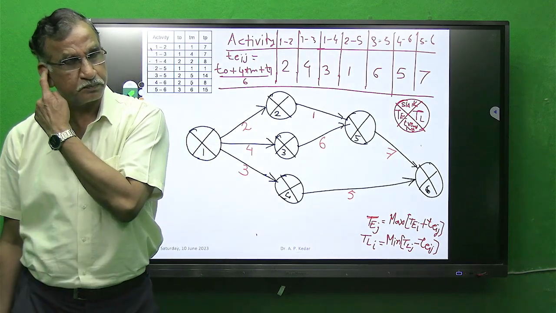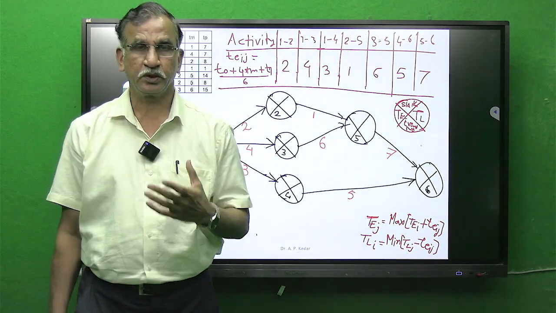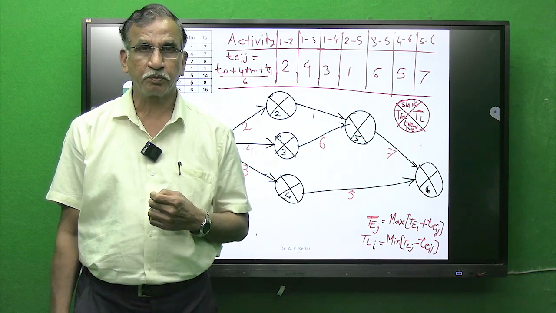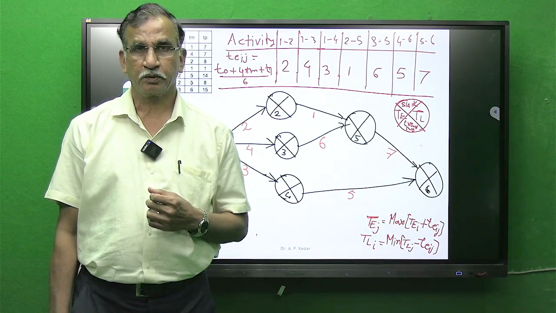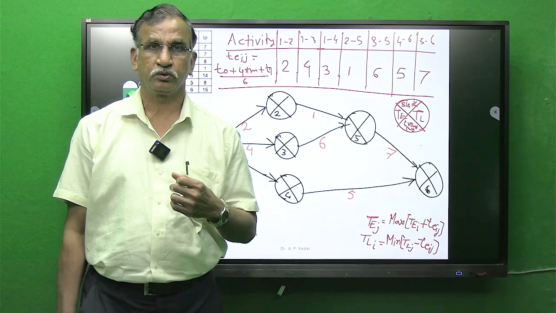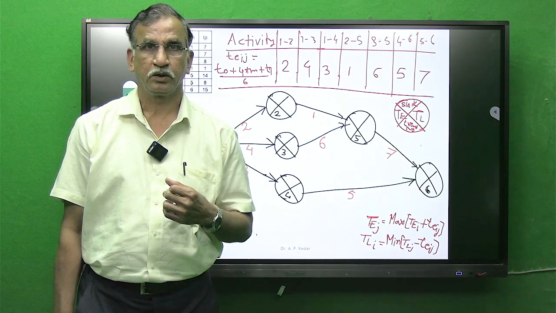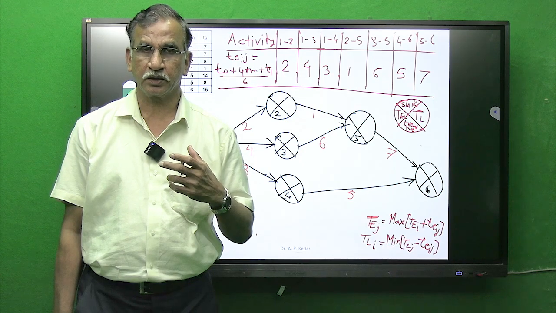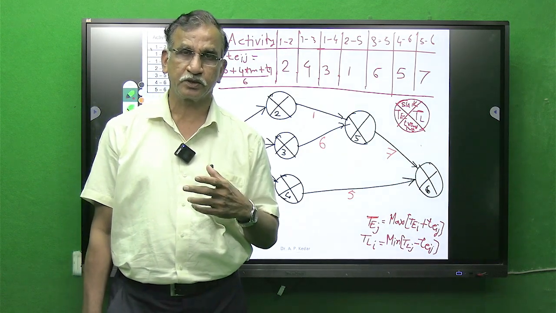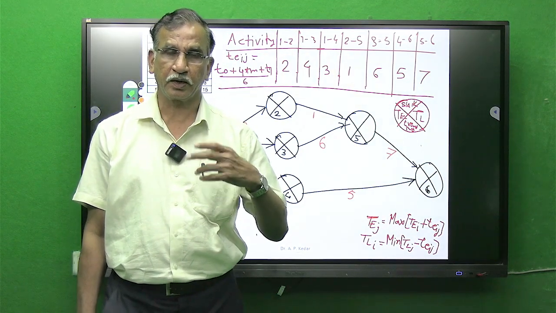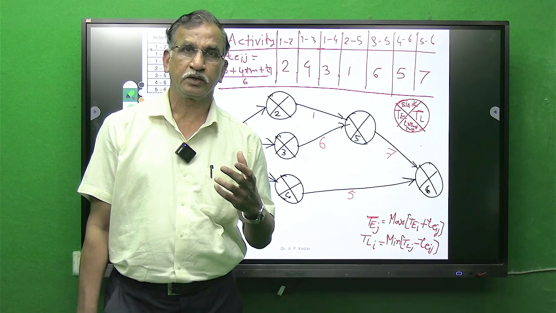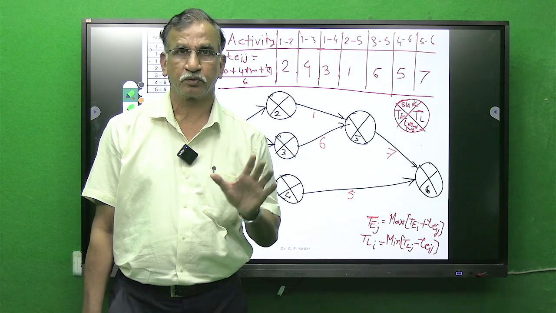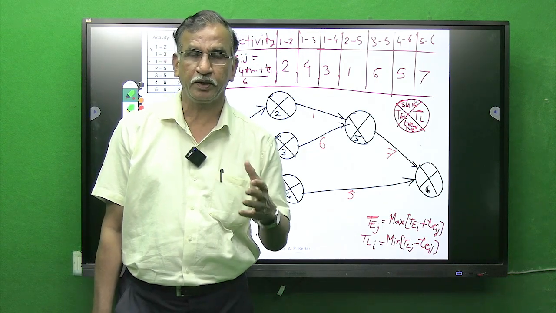In the last lecture we have seen the calculations involved in the PERT problem. In that problem we have also seen what contents were given, what the various data sets were. Based on the data set we analyzed various parameters, and now we will move ahead from the point where we ended our last